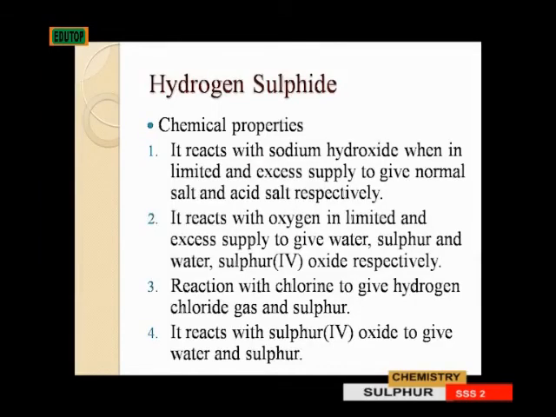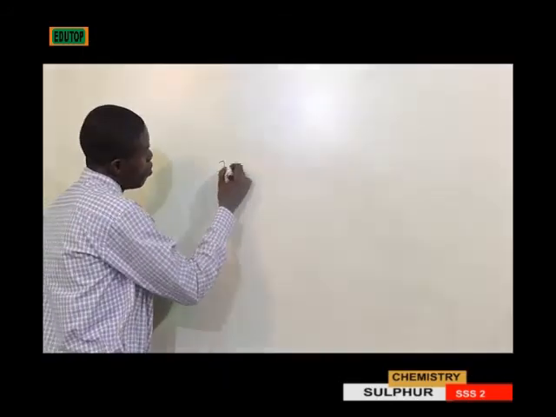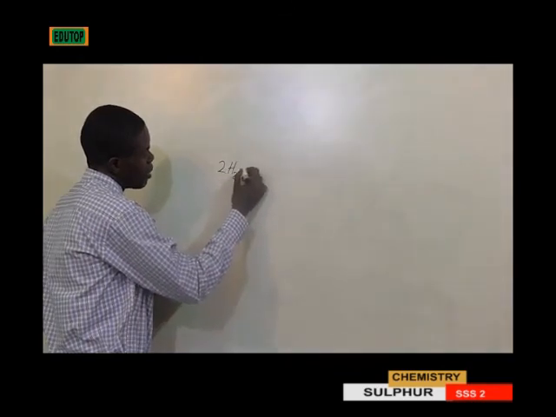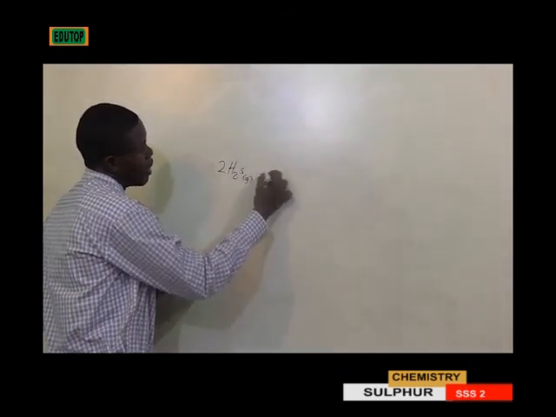4. Reaction with sulfur 4 oxide to give water and sulfur. And this is done with 2 moles of hydrogen sulfide gas reacting with